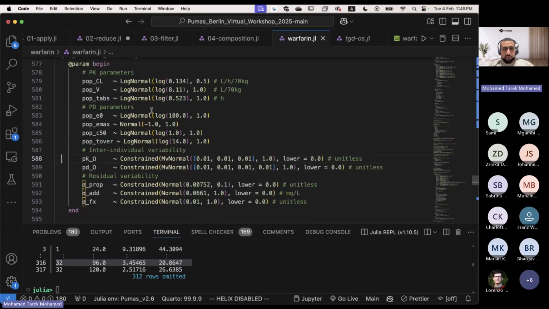Good. One thing that we also use here is this constrained multivariate normal, which works just like a truncated multivariate normal. So this is a truncated multivariate normal distribution with a lower bound of 0. The main difference between this and truncated multivariate normals is that we don't need to compute the renormalization constant. So if you're familiar with how truncation works, you try to compute the area under the curve of the region that was not truncated,